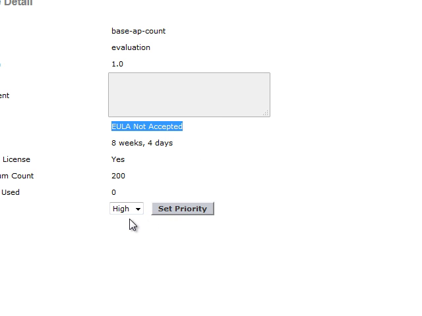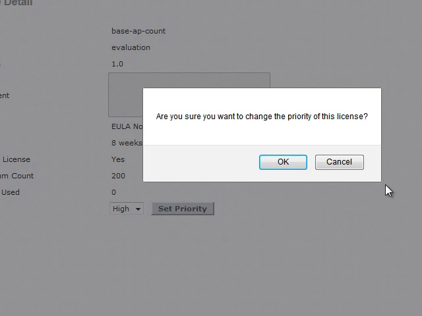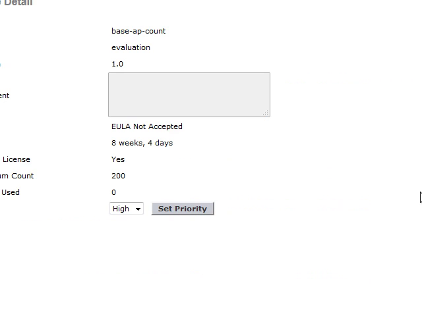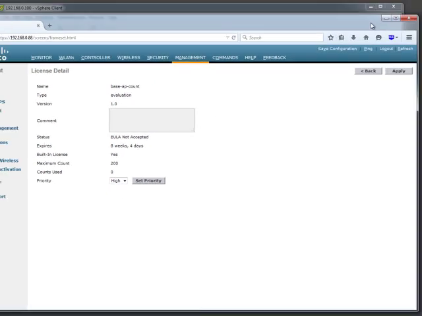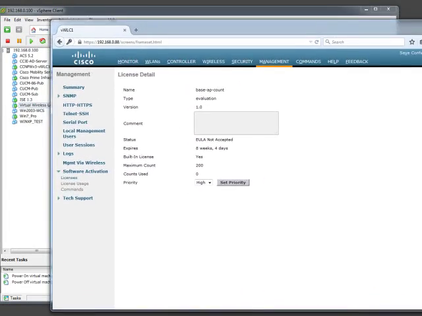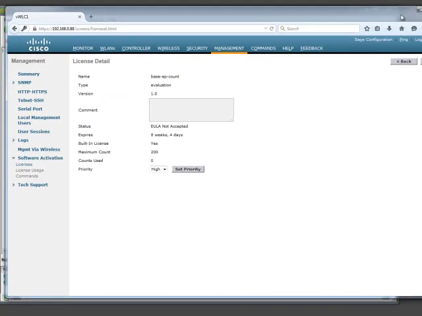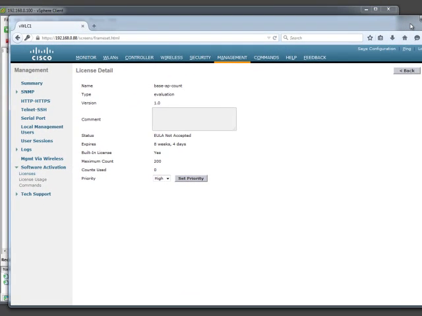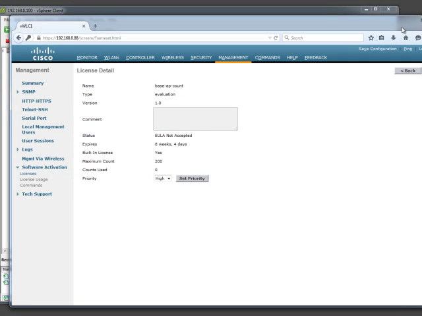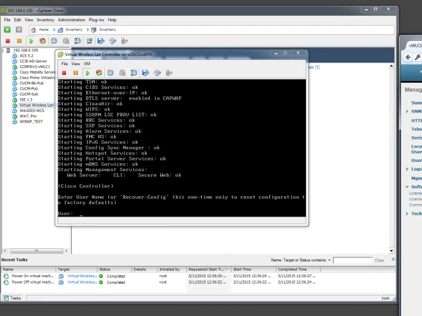Now, one thing I recommend before you do that, if you're using this for training, just so you can easily come back to this and start your 8 weeks over. Whenever you do that, you do have to either download your configuration and re-upload it, or start from scratch brand new, because you're going to be reverting to the time before you enabled this. But what a lot of people do just for training in a lab is take a snapshot. So if you take a snapshot before you license it,